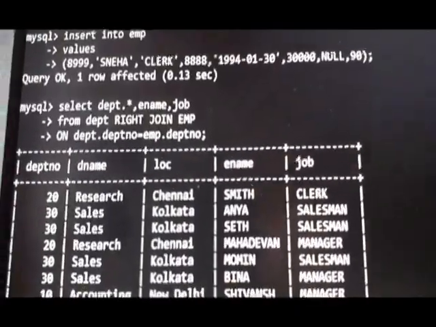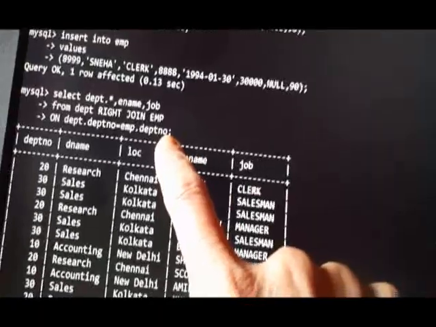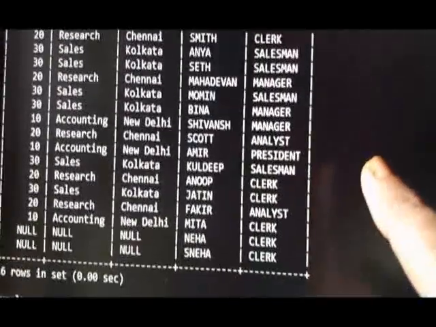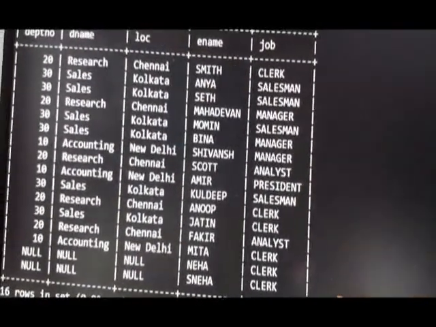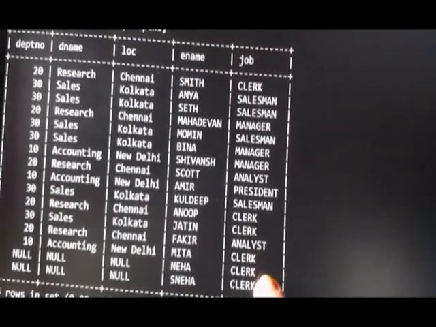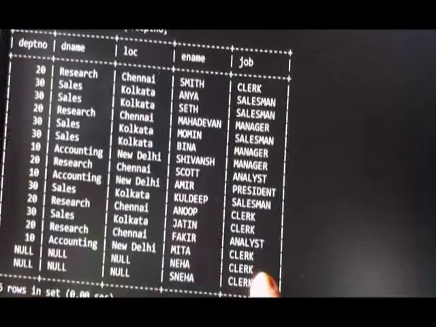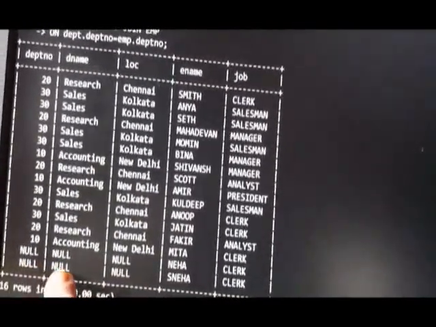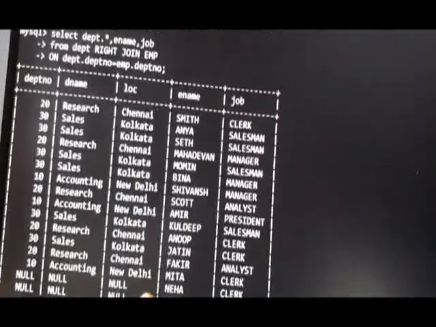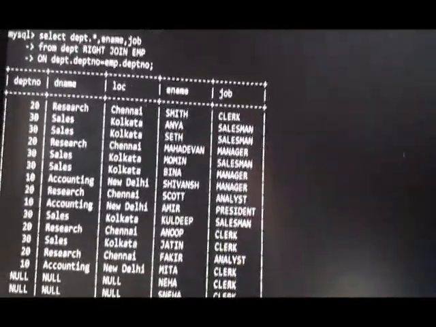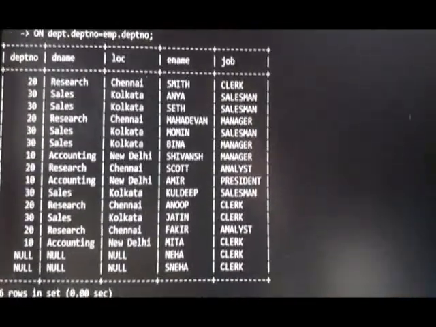Now let us see the right join; only the query changes. Here the right side table is EMP, and it is given more importance, so all the EMP records are printed. Neha and Sneha have department number 90. Their department number 90 is not present in the DPT table, so these two rows have nulls from the DPT table. So the right side table is given more importance. You can compare both the queries and the results, and you will understand it.